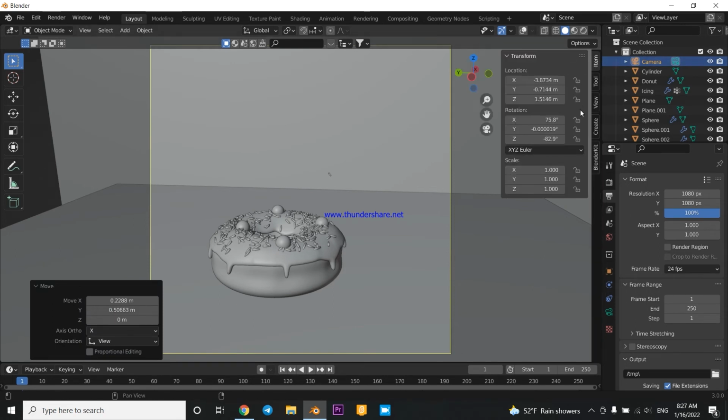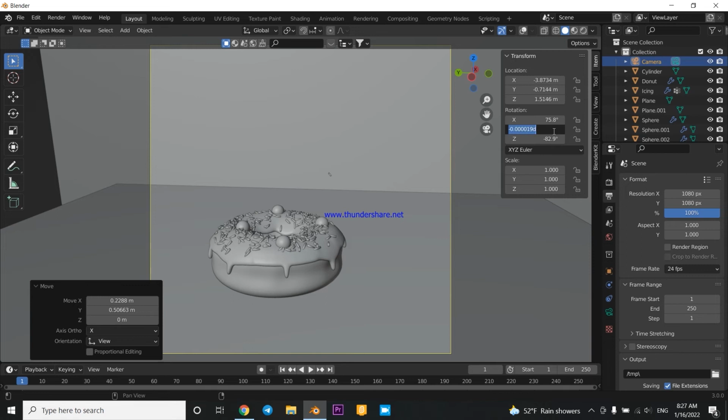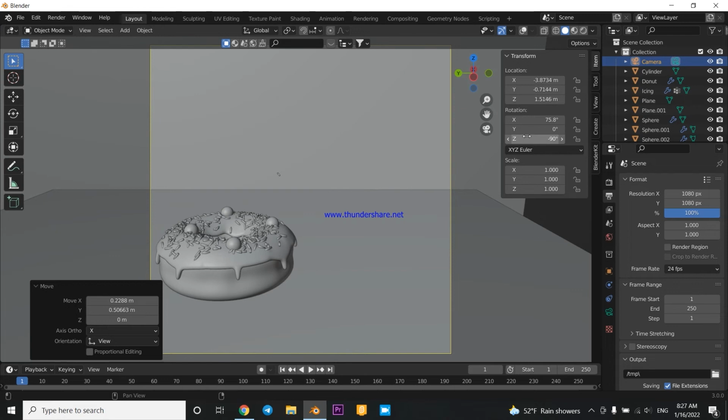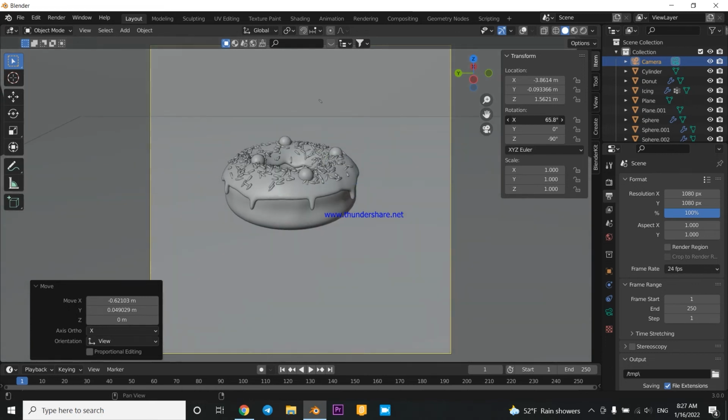Place it like this, turn on camera to view, and change the rotation to 0, minus 90, and yeah, put this to here, and like this,